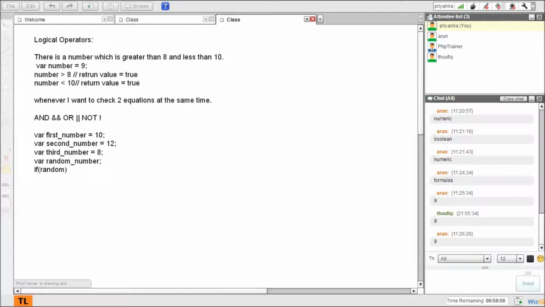Else we'll see more complex examples when we reach the control structures or the looping statements. Then I'll give you a complex example which satisfies this particular question. Okay, so if random number, did I say if